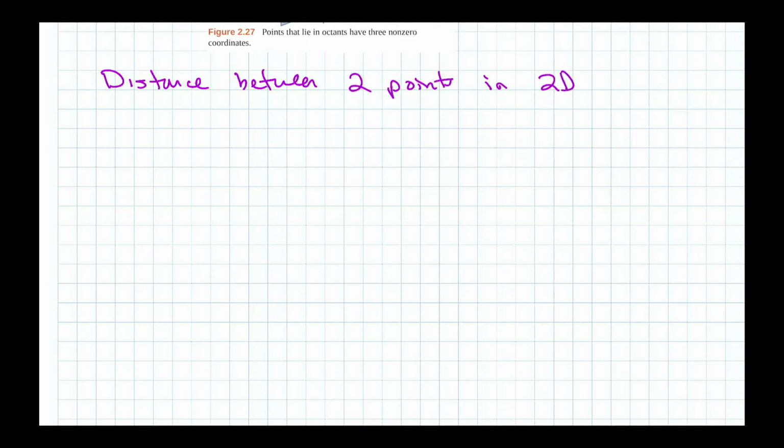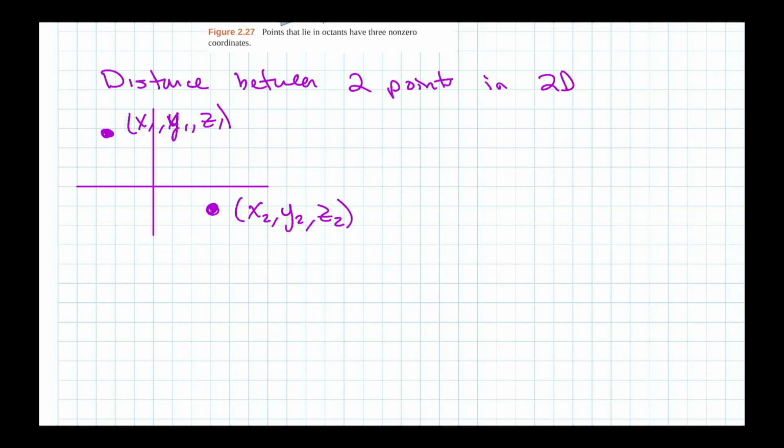So if I draw a set of axes here, and I just have a point here, and I have another point down here, and so this one is x1, y1, z1, and this one's x2, y2, z2, like that, and you want to measure the distance, then basically what you would do is you would have to draw a triangle on here like this,